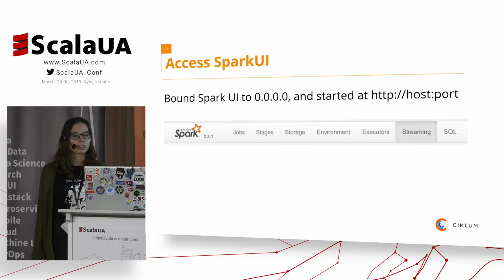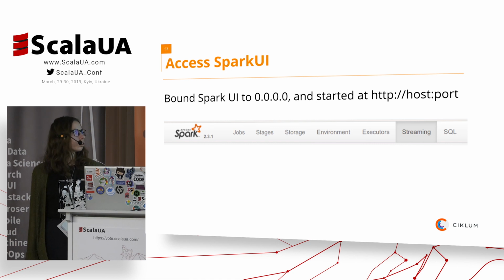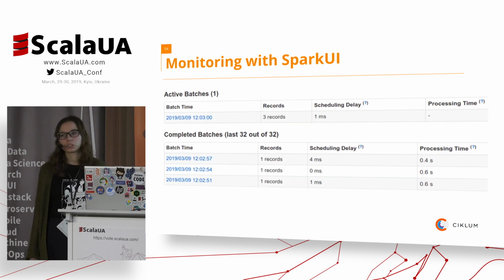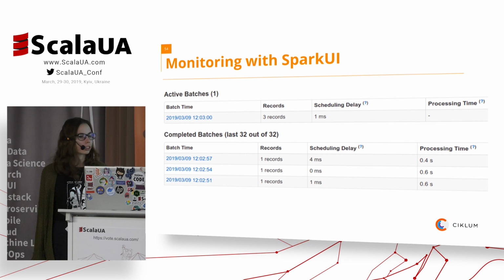You can find Spark UI simply in the log. You have this message, "Bound SparkUI to... and started at..." And then when you go to this host and port, you get this nice graphical view. You have a lot of tabs here, but we will concentrate more on the streaming one. In the streaming tab, you can see the active microbatches and the completed microbatches. Also, you can see the processing time for each microbatch, so you can see whether it coincides with your expectations,